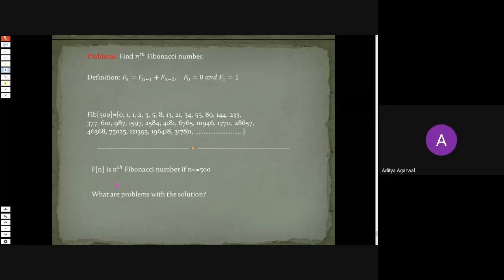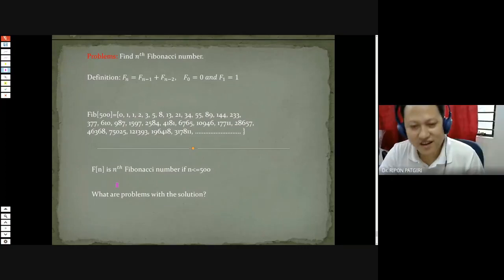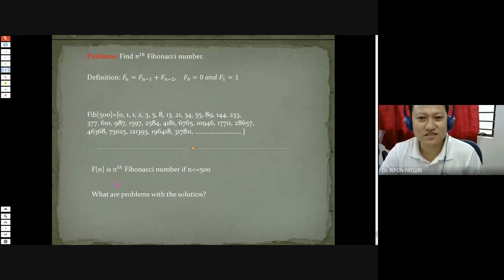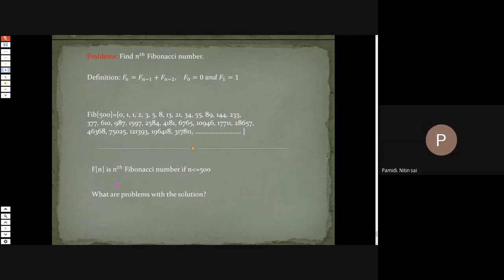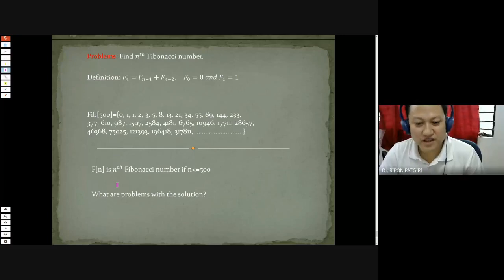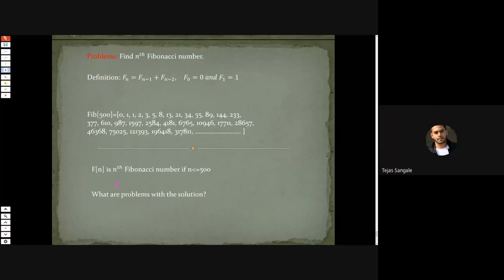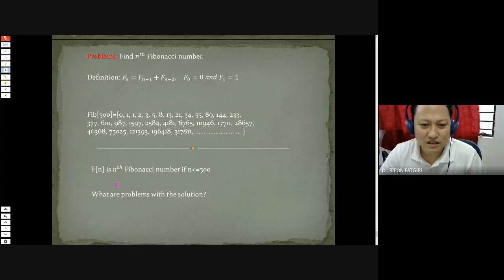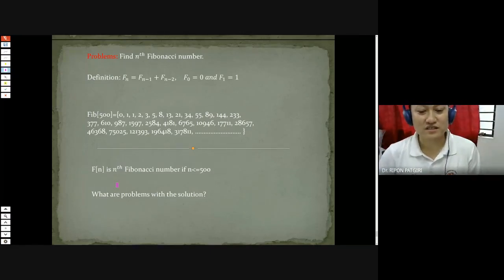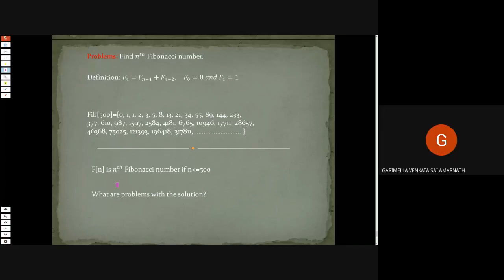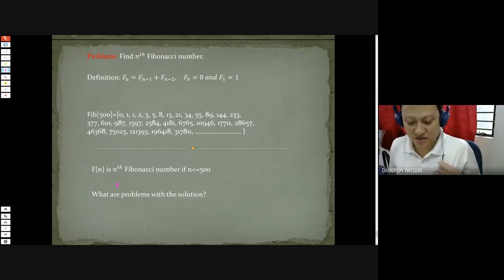So that means we have to first sit and feed all the data of the Fibonacci series, and then we have to compute. Sir, first we have to pre-calculate all the variations. And the pre-calculation takes time. The company doesn't care how much time you take, but they need the fastest solution. Sir, we don't know if the values are correct or not.